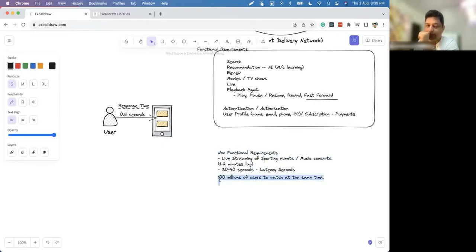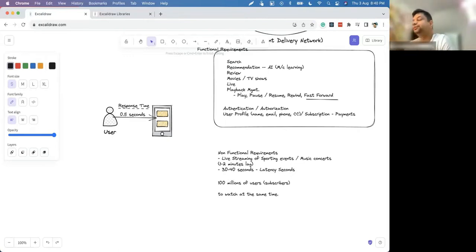Again, basically, there are two kinds of things. One is 100 millions of users could be the subscribers. But at the same time, people would be watching also, right? See, any platform will have subscribers which will be in crores. Maybe 10 crore subscribers, 5 crore subscribers, that is possible.